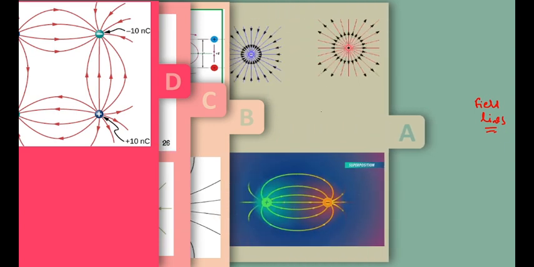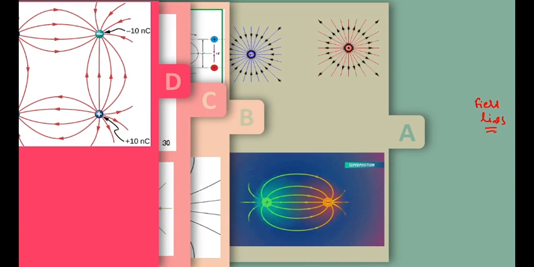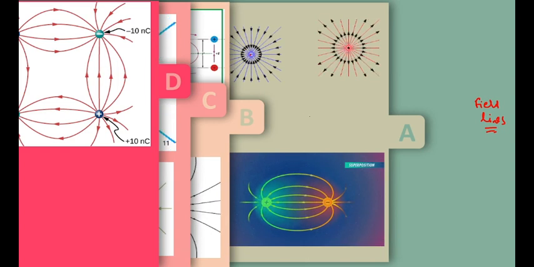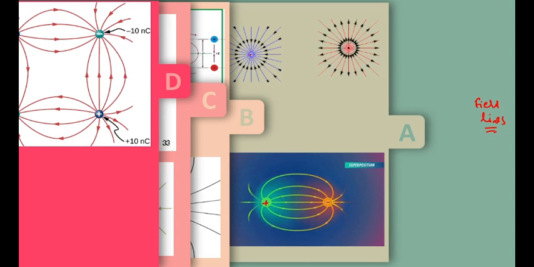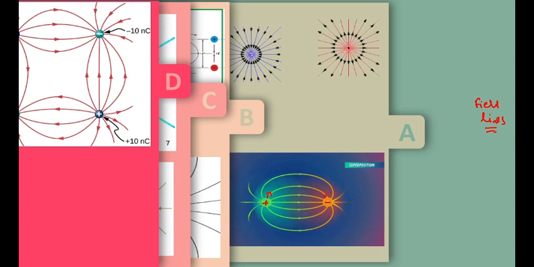As you can see here, I have taken a positive charge and then a negative charge. For the positive charge, you can see that field lines are generated in the radially outward direction, and for the negative charge, field lines are in the radially inward direction. Correct? If two charges, positive and negative, are kept side by side, then you can see that field lines are generated from the positive charge and they terminate on the negative charge. The situation is quite clear to all of you, right?